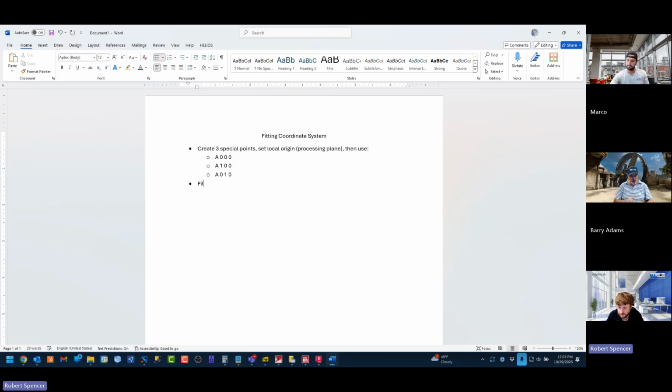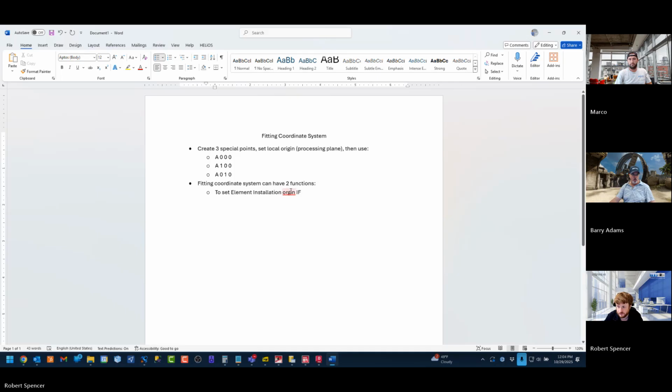Step 2, fitting coordinate systems can have 2 functions. First is to set element installation origin